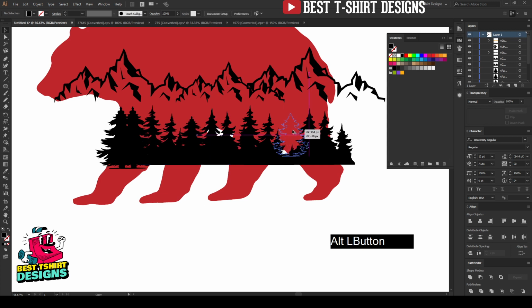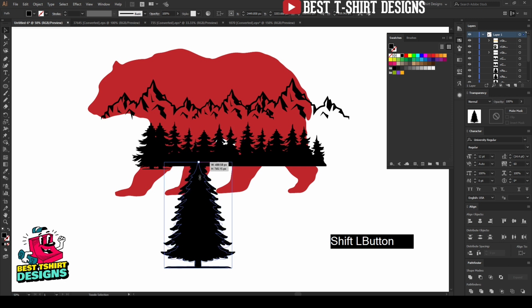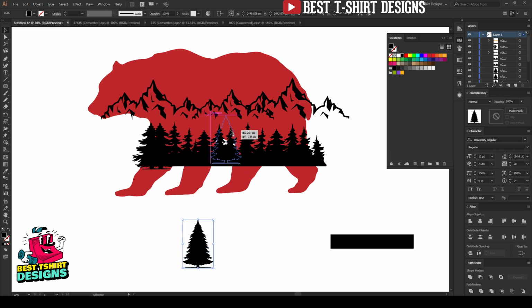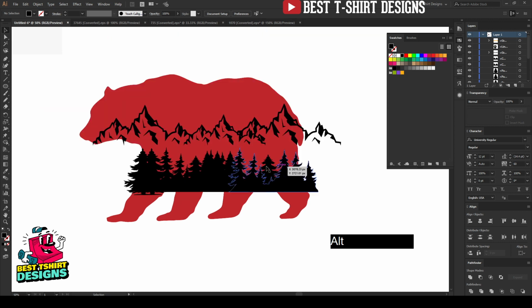Okay, let's bring it here. Maybe I will use this tree too, just to hide this part where we can see the white of the background. I want to hide that part. So kind of this position, on here.